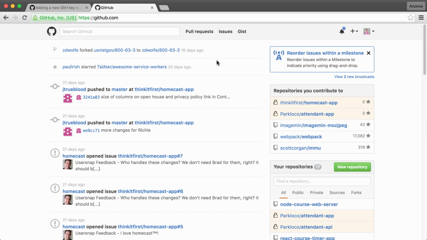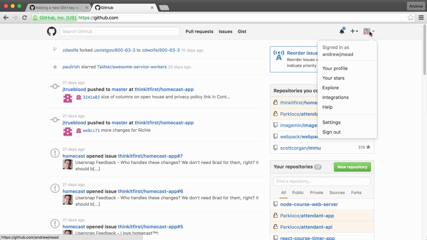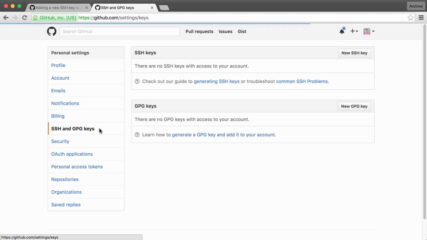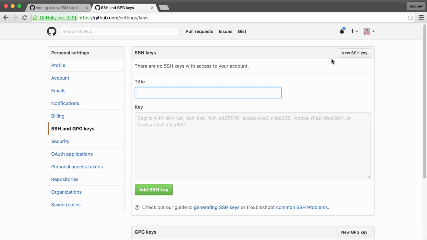All right, I'm going to assume that you're seeing your dashboard. From here, we're going to navigate into the settings over here by the profile picture, go down to settings, and in there, we're going to go to the SSH page, which is available under SSH and GPG keys. From here, we can add that public key, letting GitHub know that we want to communicate using SSH. I'm going to add the new SSH key, and you need to do two things. One, give it a name, and the name can be anything you like. I usually use one that uniquely identifies my computer since I have a couple. I'm going to use MacBook